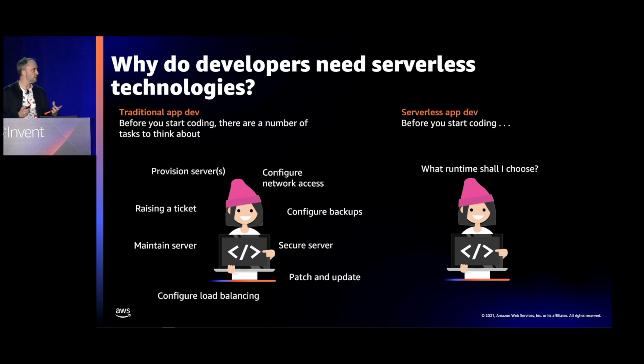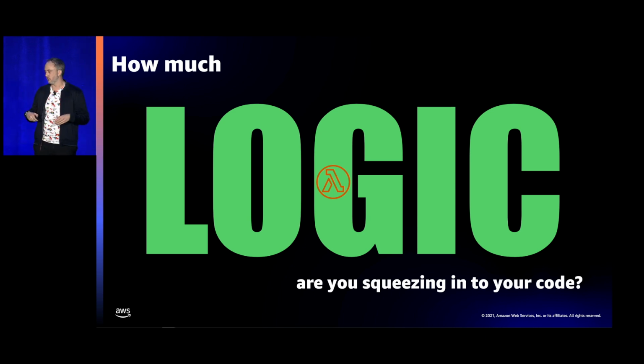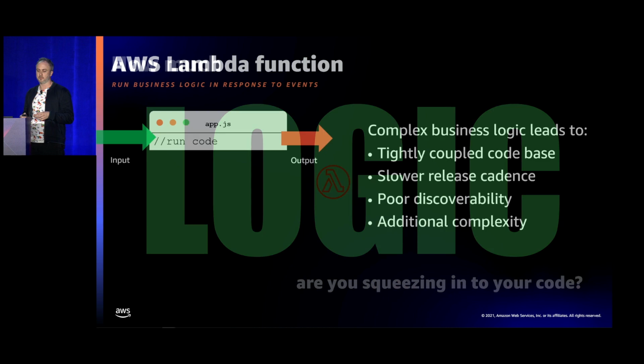The idea with serverless and with Lambda is that you can get started much quicker, right? You just need to choose which runtime you're going to go ahead with. Now, of course, Lambda has all sorts of configurations that you can make, but they're optional. You can just go ahead and start building, start writing your business logic. Now, a common challenge that we see developers running into when they start with Lambda is they start cramming in more and more code into their single Lambda function. And this can lead you to some problems further down the line sometimes.